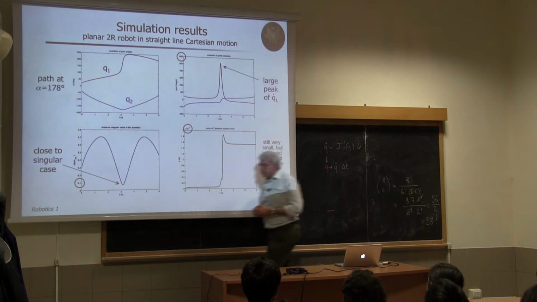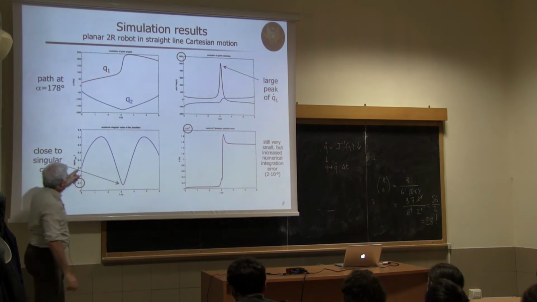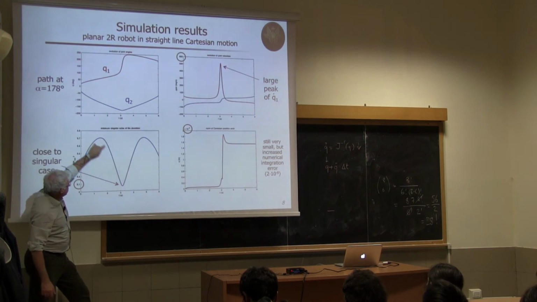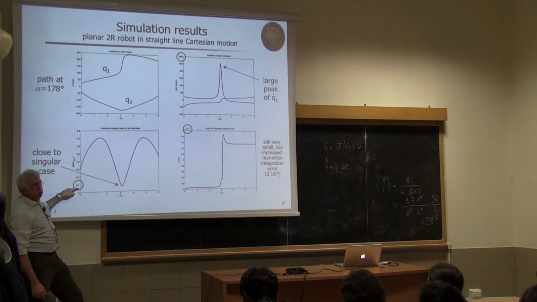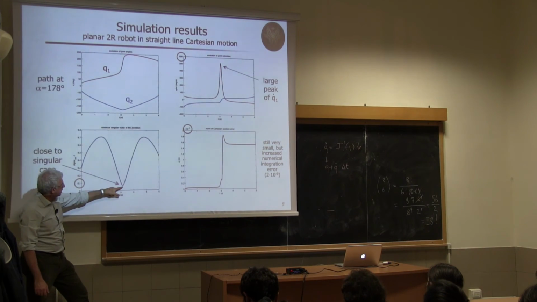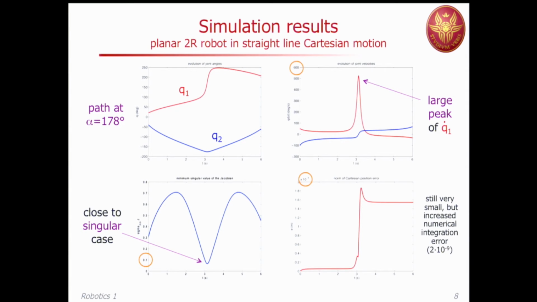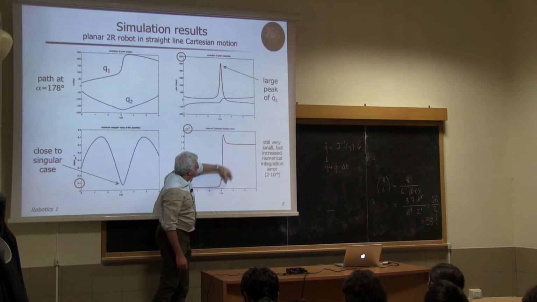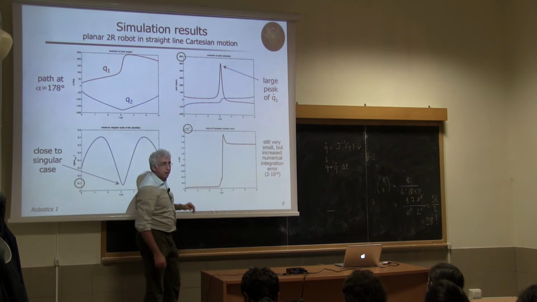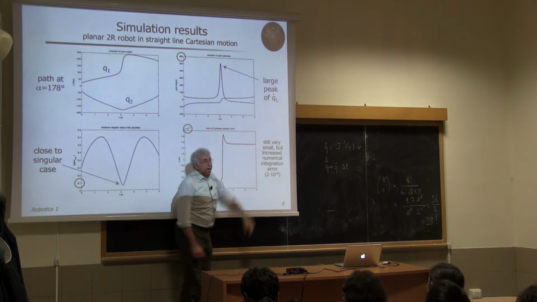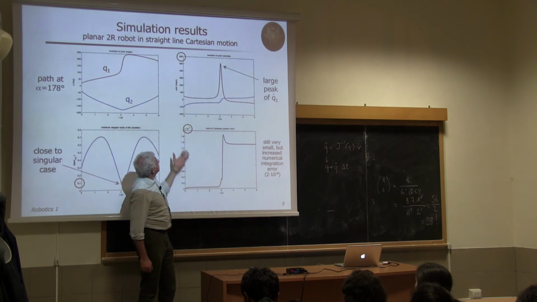If I look at the distance to the singularity, I'm starting as before with 0.3 around, and now I'm getting even lower, below 0.1. So at 0, I would have singularity. So I'm very close to the singularity. Okay? And in fact, numerical Cartesian error is still small, but a little bit higher than before, because when I'm getting close to a singularity, also the numerical integration process is affected by this. But this is the main, the dramatic aspect. So this 600 or so